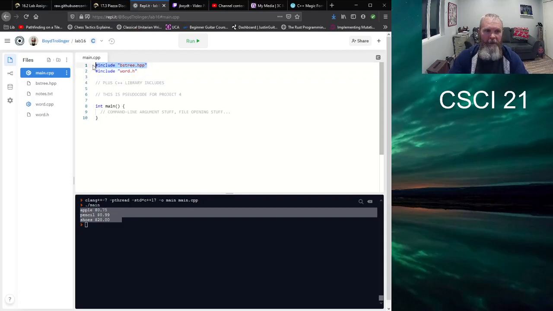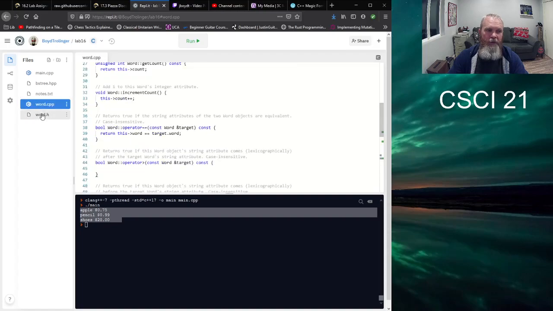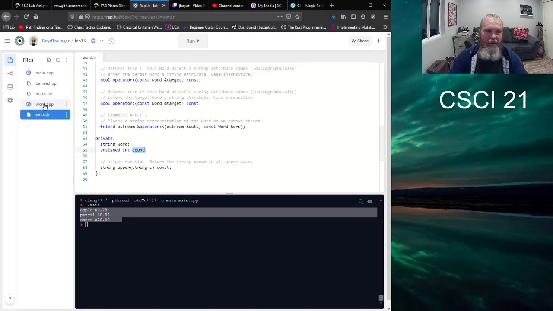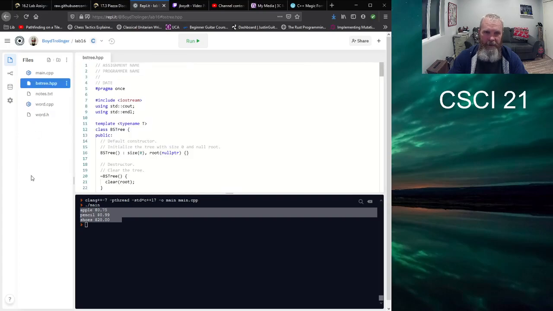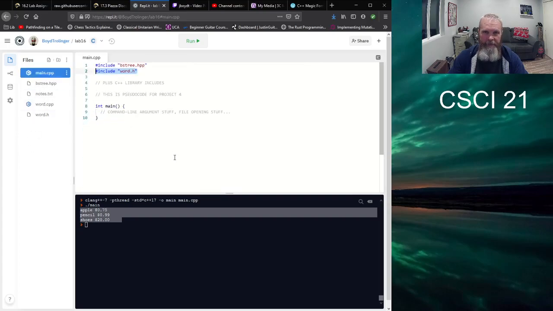You need your completed BS tree .hpp from lab 15. You need your completed word .h included from lab 16. You need both word source files, word.h and word.cpp. You need bstree.cpp, and you need main, which will be your driver that has the run through the file and all that stuff, right? So while getting lines from the file,